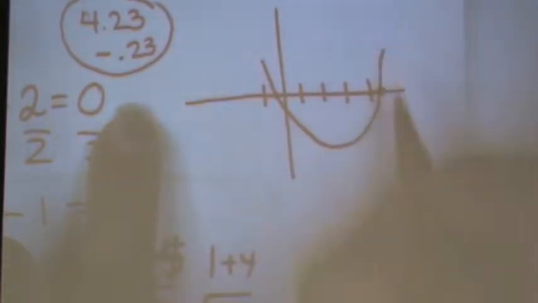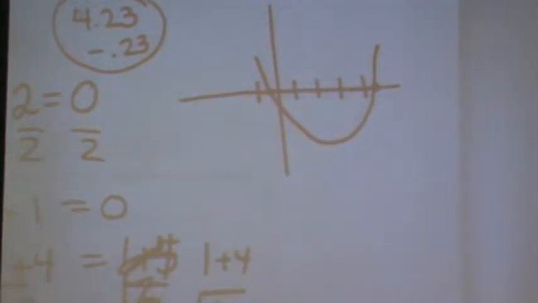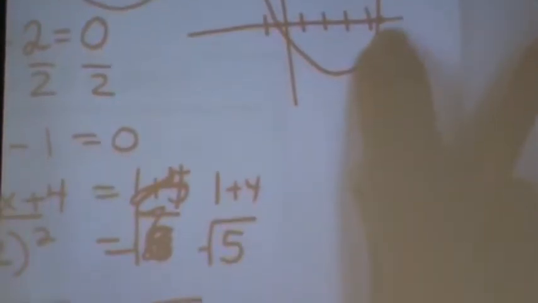So it's going to be coming down and doing something and going up. So in other words, my graphs don't always cross at numbers like 1, 2, 3, 4, -1. They're going to cross at weird places like 2 plus the square root of 5 and 2 minus the square root of 5. Okay? Now, what if I asked you,